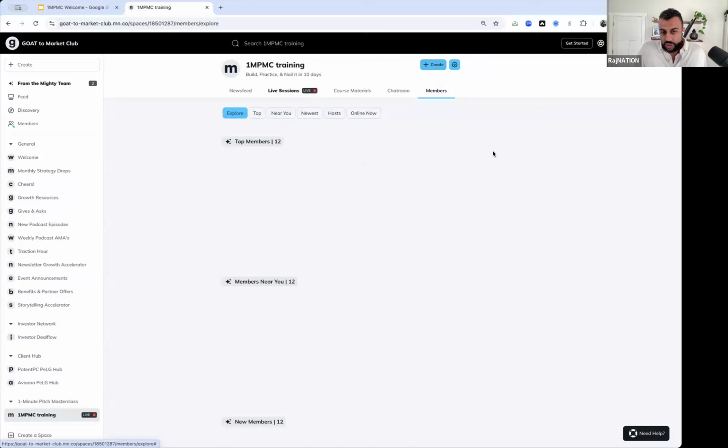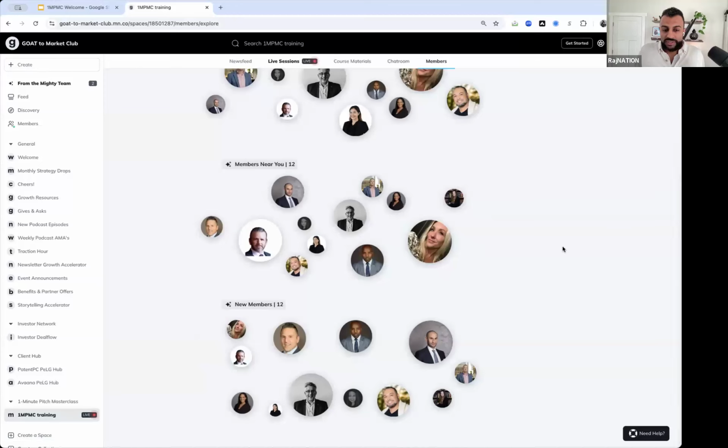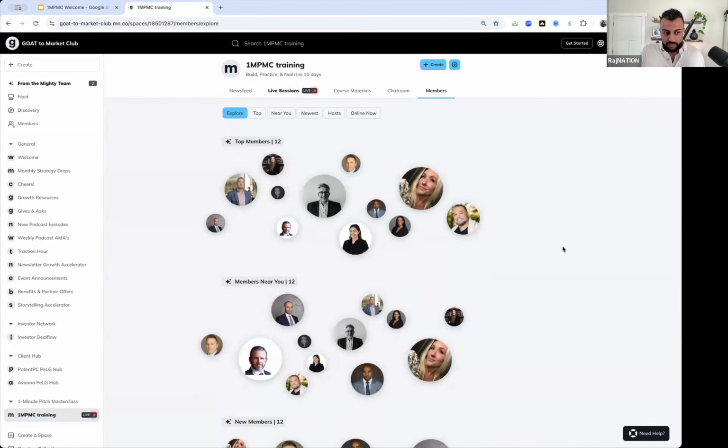This tab here obviously just shows you everyone who's in the program, including our past cohorts. So you'll stay a member of the program, even for future cohorts, as long as you fill out the survey at the end of the program and do the steps that are in the survey. That would mean when we do a future cohort, if you wanted to take any of these lessons again, you could come back in and do it. Maybe you have a new pitch you want to create, or you just want to refresh or refine something.